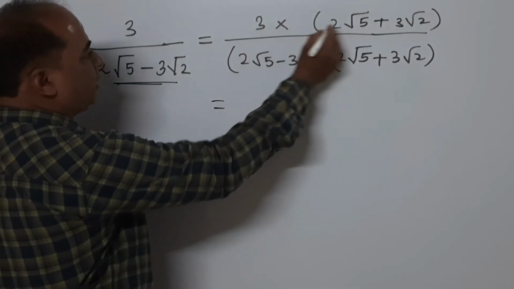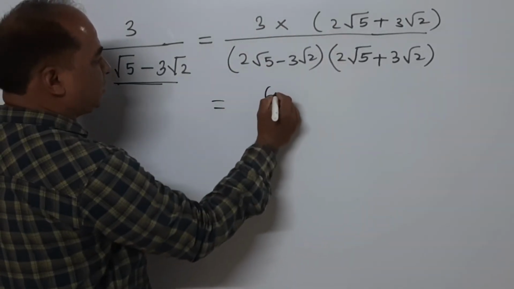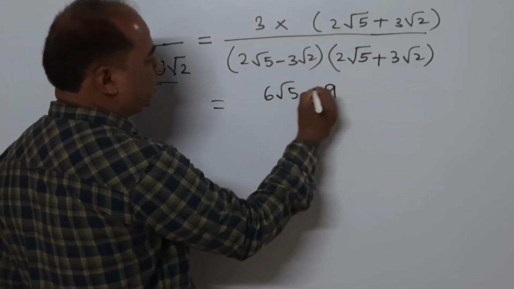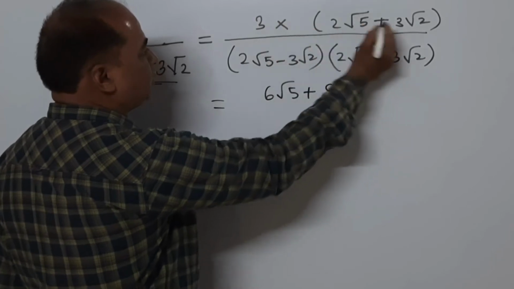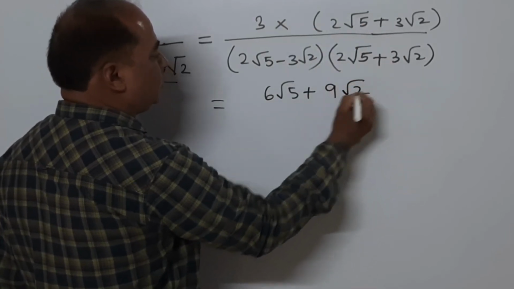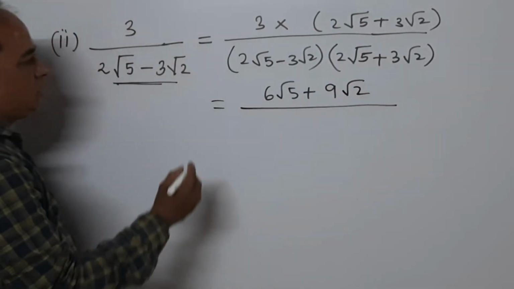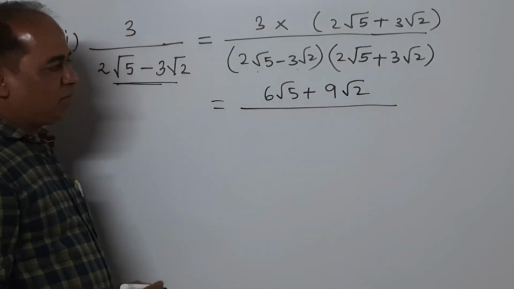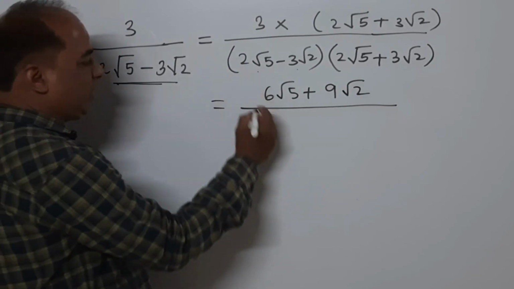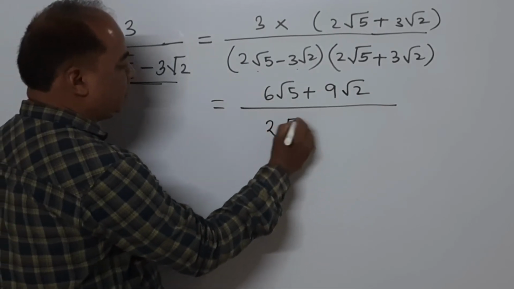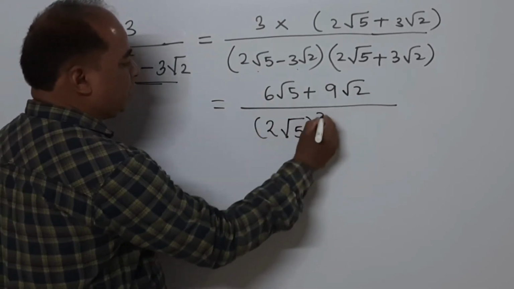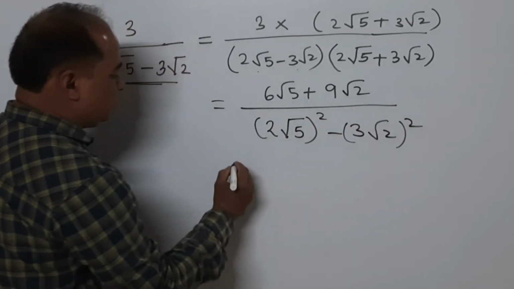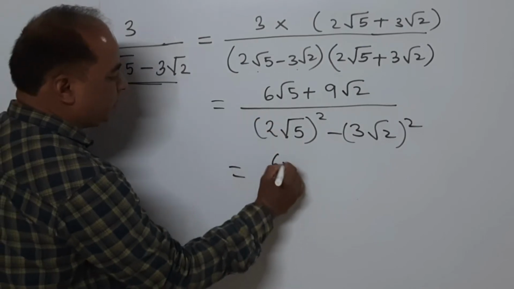In the numerator, multiply 3 into 2, 3 2s are 6, root 5, and 3 into 3, 3 3s are 9, root 2, upon, now here we have a minus b and a plus b. So a minus b and a plus b is equal to a square minus b square. So the denominator will be 2 root 5 square minus 3 root 2 square,